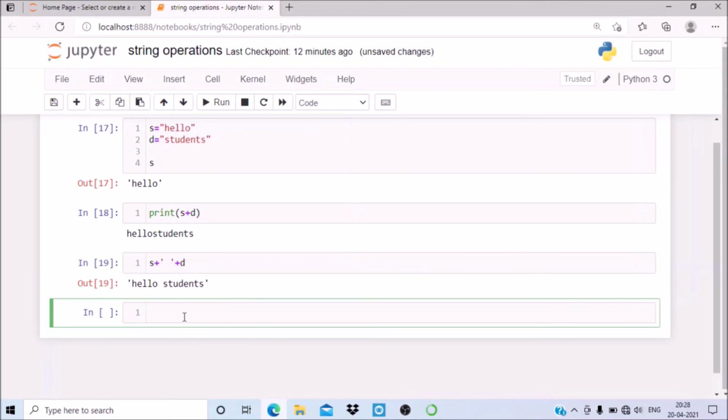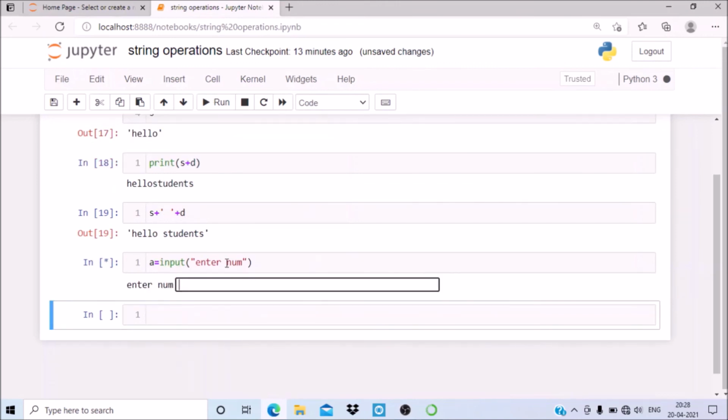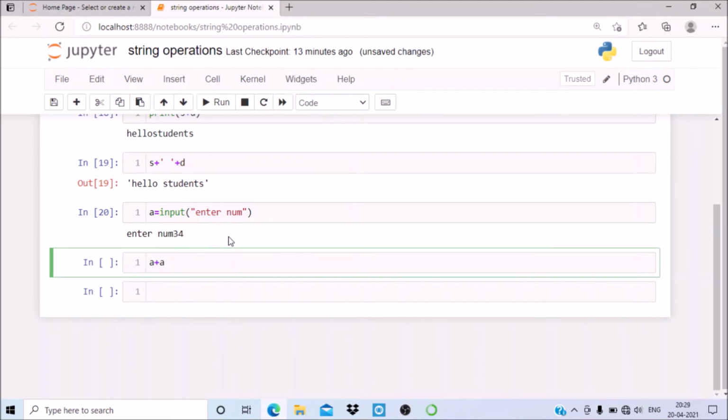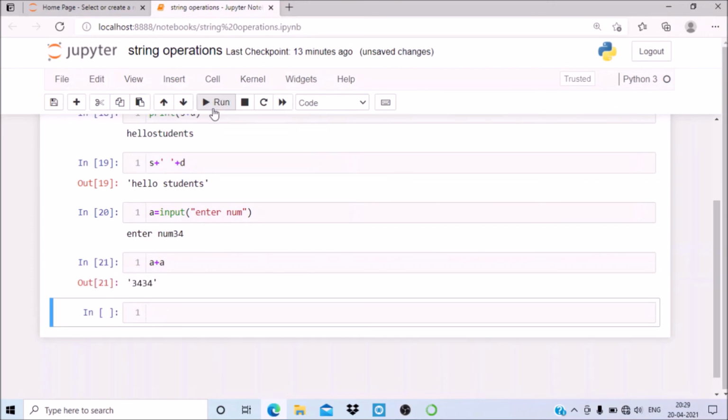Now one more thing, in the case of numbers with the input command: a is equal to input, enter number. If you run it and enter 34, and you want to add a plus a, as 34 plus 34 you must get the answer 68, but you will get the answer 3434, because the default type of input we get is a string.